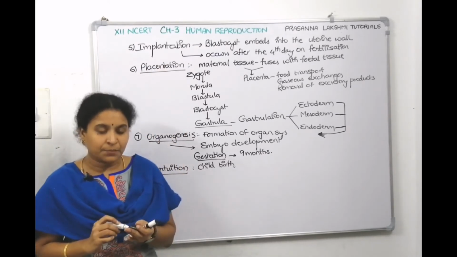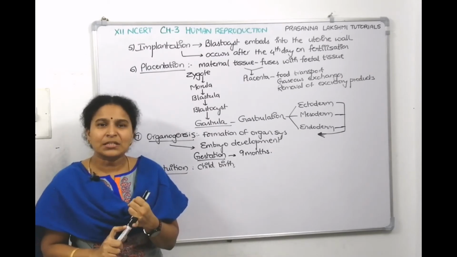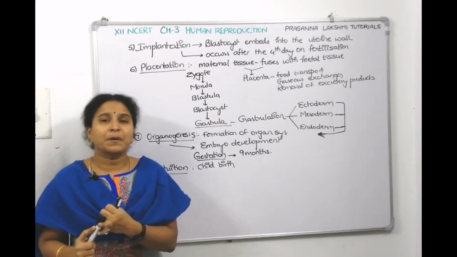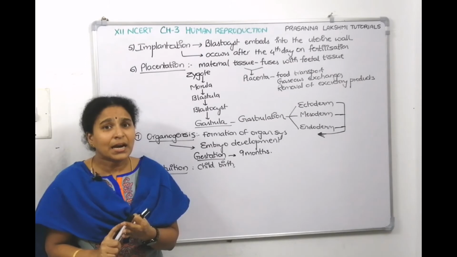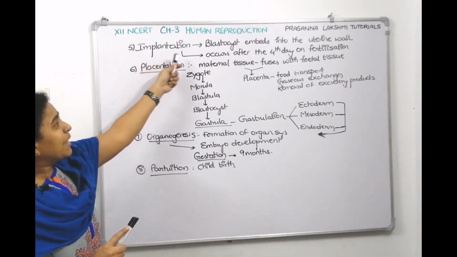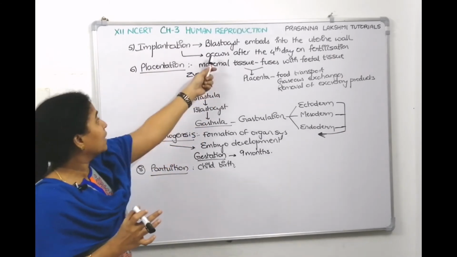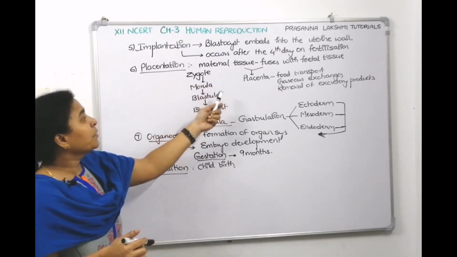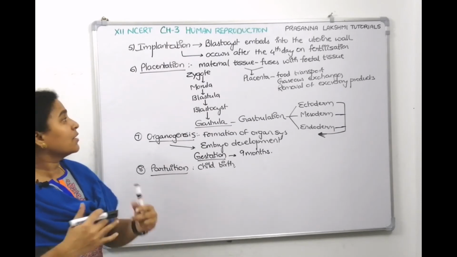I told you there are 8 phases. What's the first stage? Gametogenesis. After gametogenesis, sending the gamete into the reproductive system: insemination. After insemination, when sperm goes inside, fertilization will happen. After fertilization, the zygote starts cleaving. That's cleavage. After cleavage, in the blastocyst stage, it tries to get implanted inside the uterine wall. That's called implantation. After that, both the tissues fuse and make contact. That's called placenta. Through that, the baby will receive food, exchange gases, and release excretory materials.